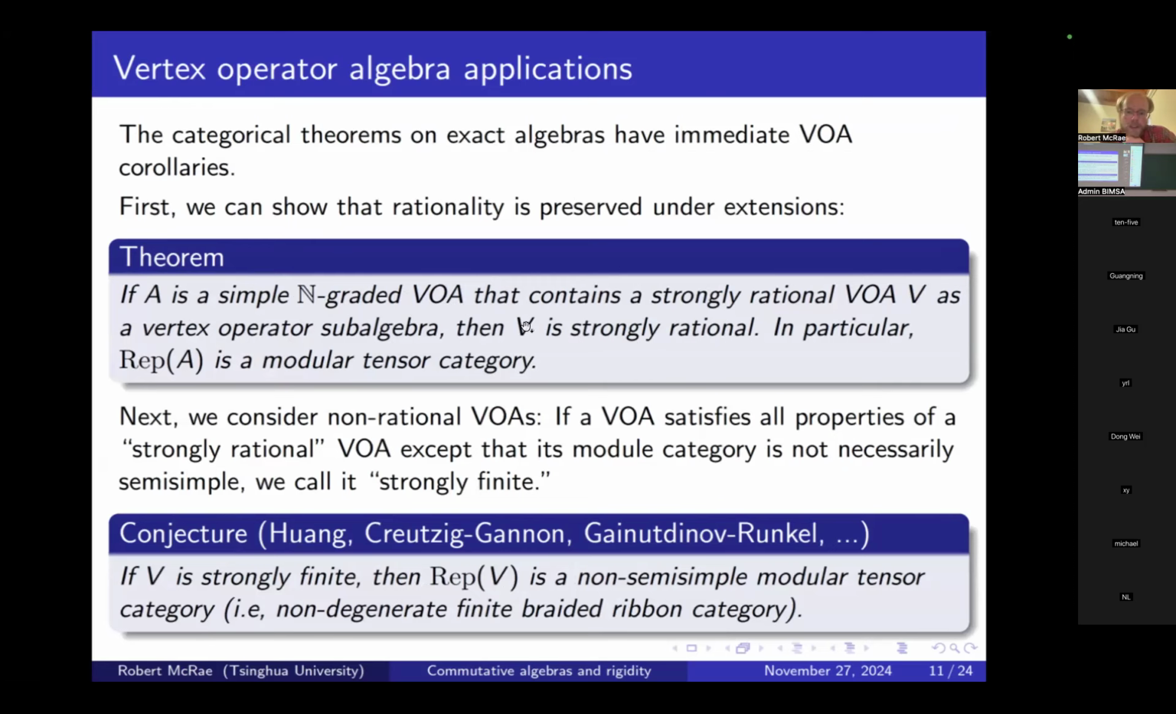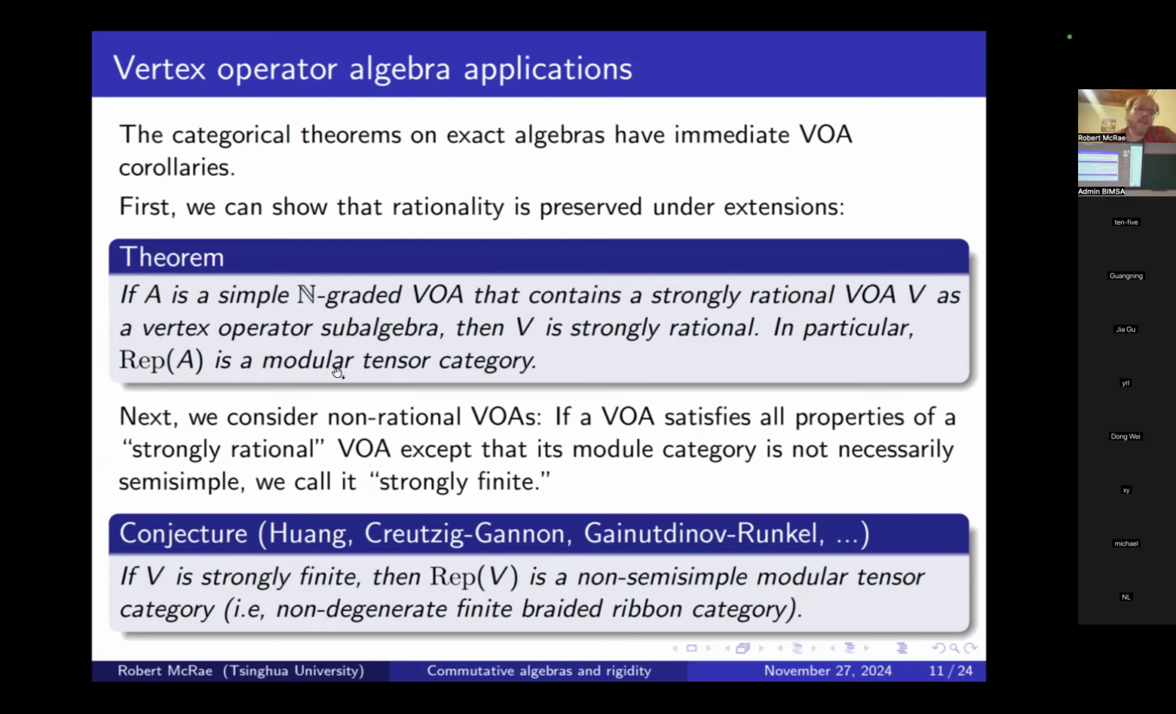I think I have a typo here. I said then V is strongly rational. Actually, I meant to say that A is strongly rational here. So yeah, what this theorem is saying is that if a simple VOA contains a strongly rational subalgebra, then it is also strongly rational. And in particular, representations of this strongly rational VOA are going to be a modular tensor